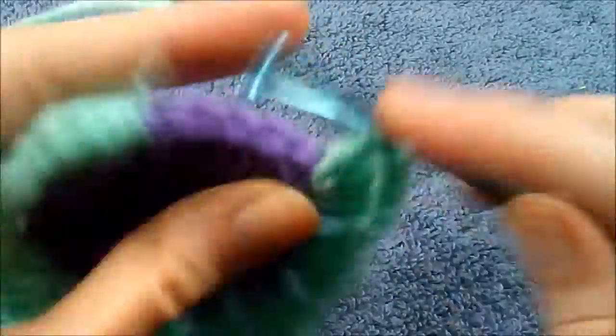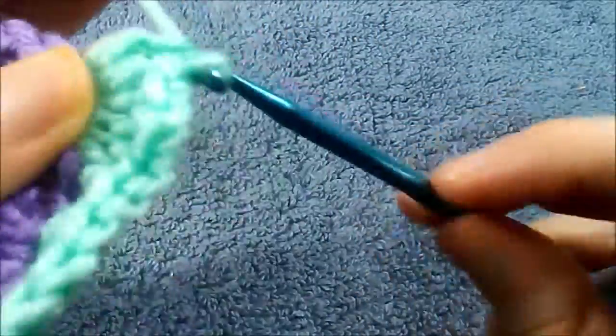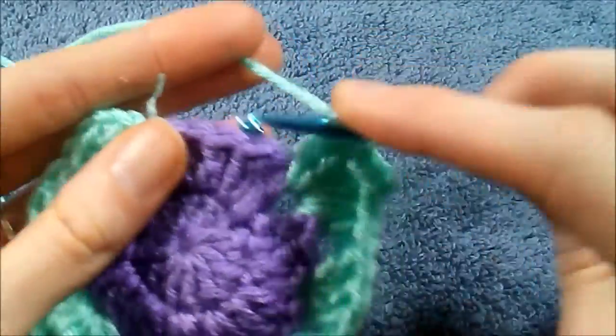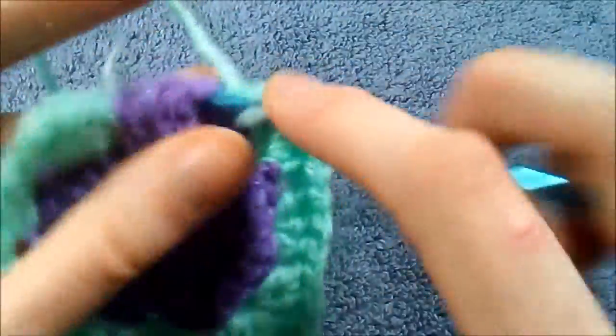And like I said, it's probably going to look a little bit wonky when you're doing it, but as soon as you get that 1st row and the 2nd row in, if you did it correctly, it should look just fine. Alright, so we've done our 4 corners right now. Now we're just going to skip 2 more, do our last cluster of 3 double crochet,